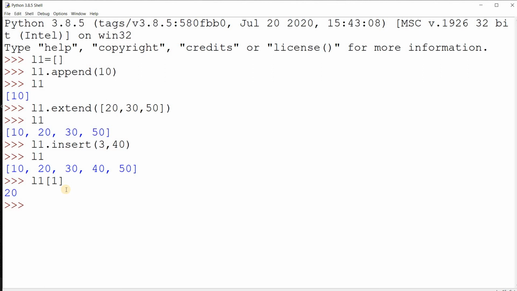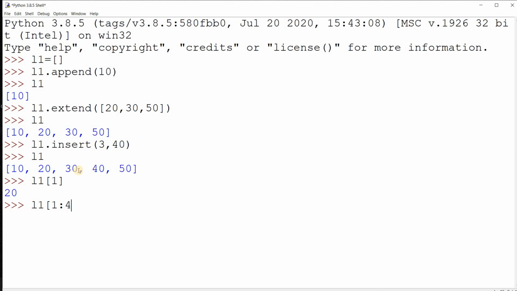Now if you want to access multiple elements, that is, I want to access 20, 30 and 40, for that you can use L1 and then the slice, that is I want elements from 20 to 40. 20 is at index position 1, so let's write 1, then colon, then 4.